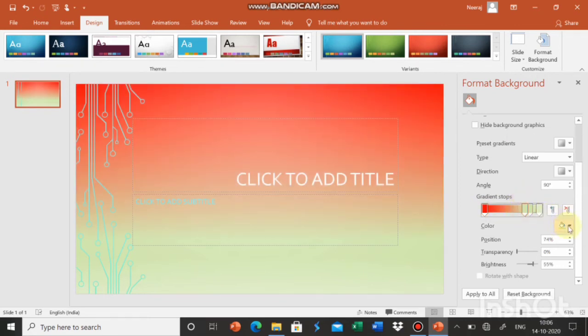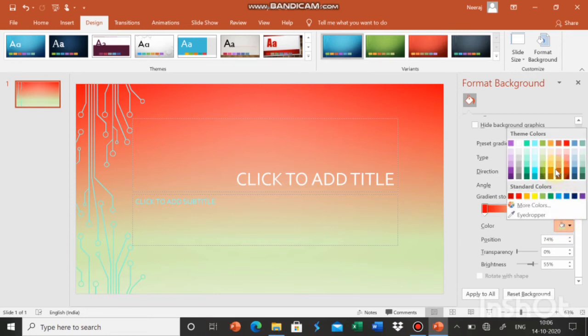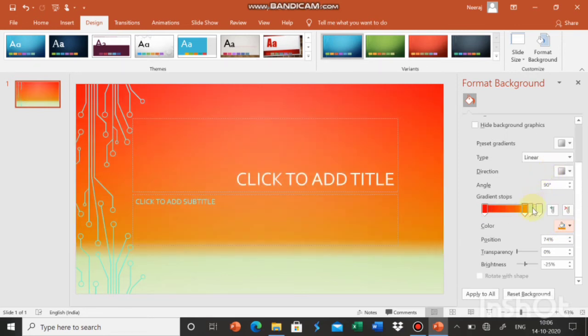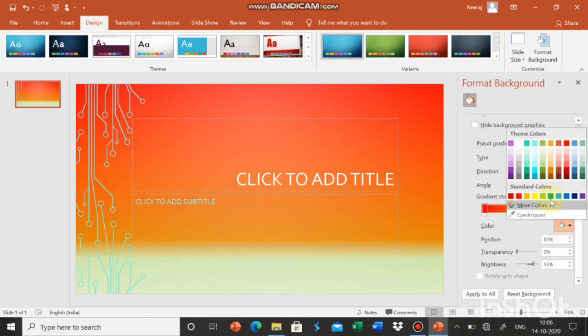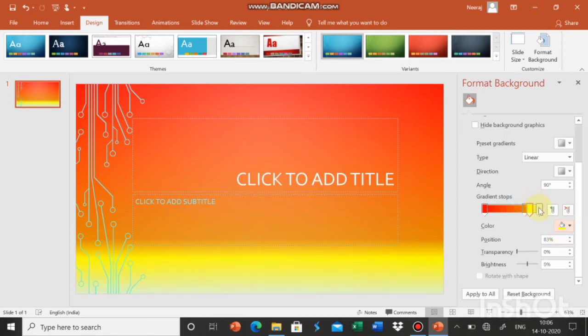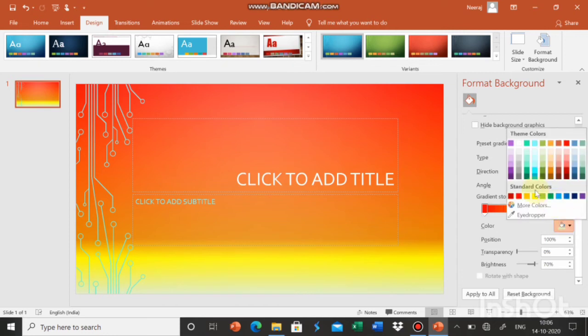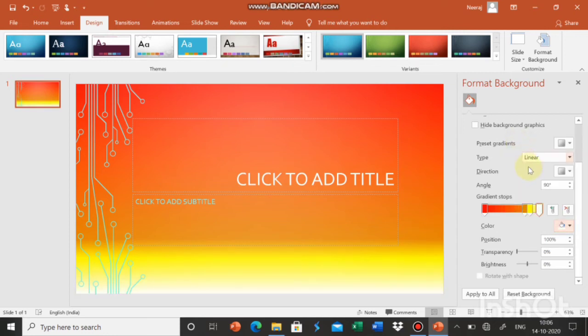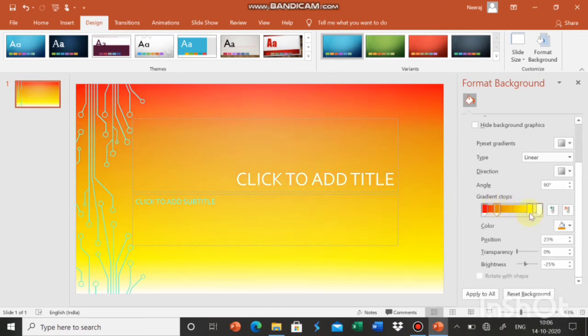Color 2, let's choose orange color. Color 3, let's choose yellow. And color 4, let's choose white color. And now we can drag these pointers to set the color of our background like this. See how beautiful it is. You can easily use different combinations of color in gradient option.